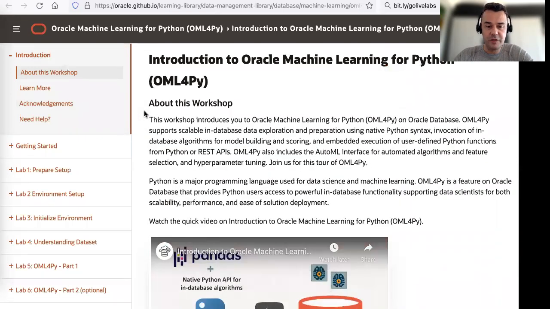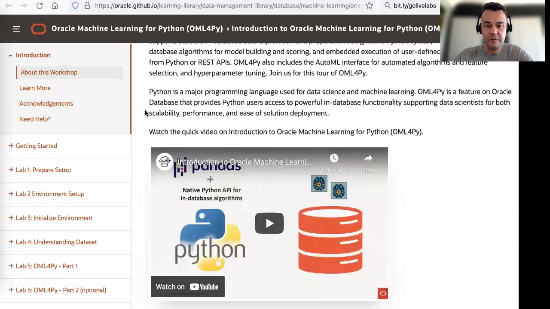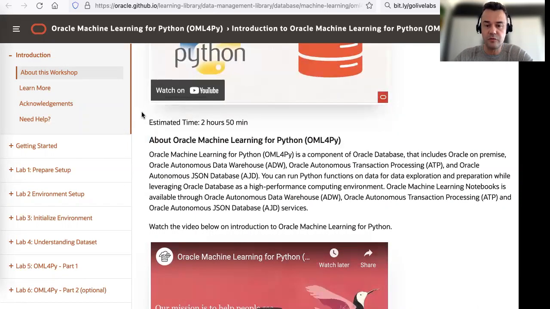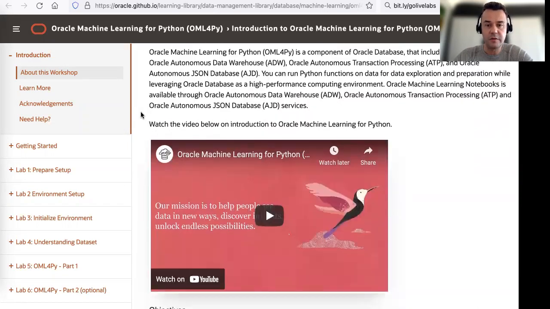So this is the introduction. I'm going to leave it to you to understand and get more details about Oracle Machine Learning. I'm just trying to go directly through the steps here, just to show you how to start the actual workshop. After you read the OML details, the theory about Oracle Machine Learning, about the algorithms, about the models, about the